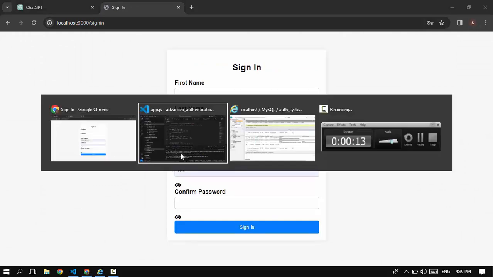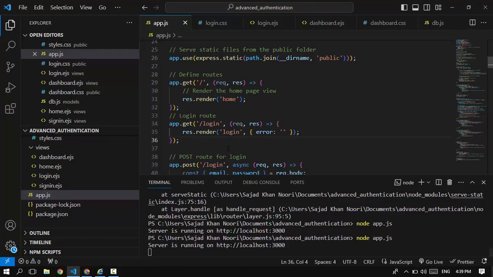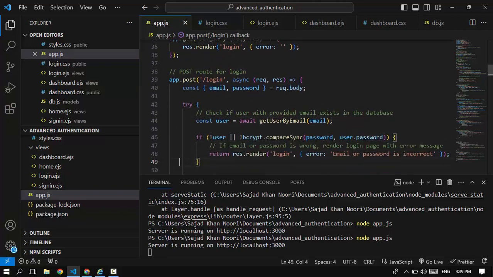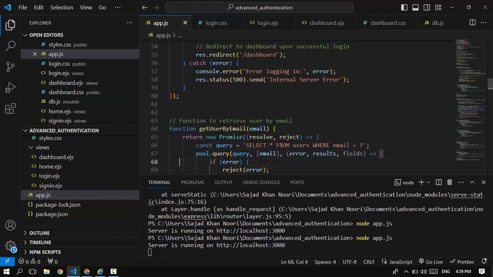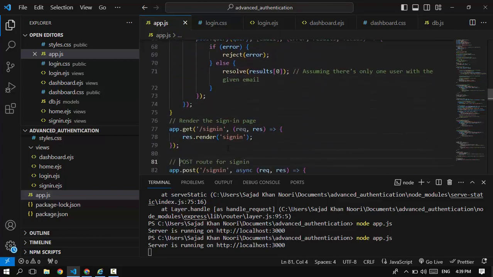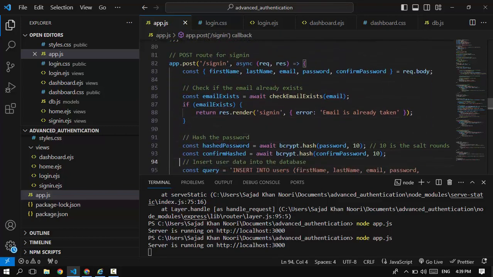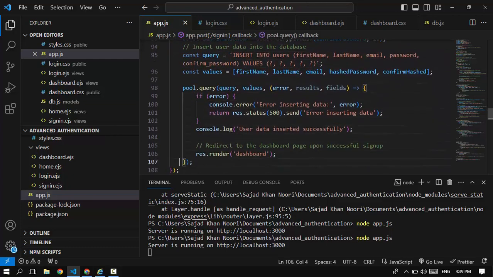Don't take me there, baby. I'm gonna change it to, where should I change it? I'm gonna change it to the home route. You agree? Okay, so we need to find in dashboard where we redirect the user to the sign in page. Yes, here it is. Render, do not render dashboard, render home. It says okay,